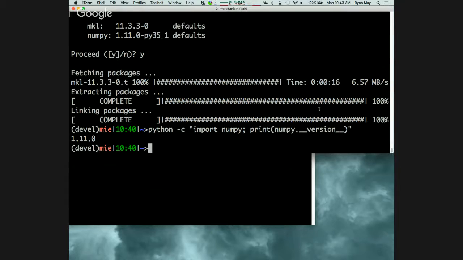Okay, so we got NumPy. If we want to install some more packages, we can say conda install. Matplotlib is a good one. So that's MATLAB-like plotting. It's the predominant Python plotting library.